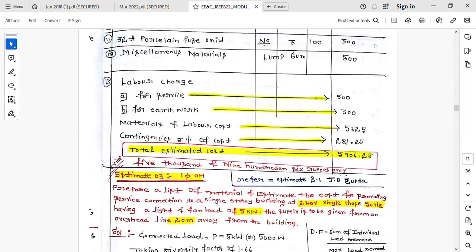Contingencies 5% of cost. The total is 5625; if we calculate 5%, we are going to get 281.25. How to calculate this value? 5625 into 5%, 5 divided by 100. We are going to get 281.25. Total: 5625 plus 281.25. We are going to get finally 5906.25, that is nothing but 5,906 rupees only. Okay, this is how we need to calculate the total estimated cost